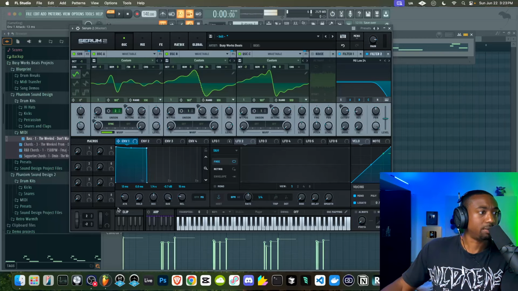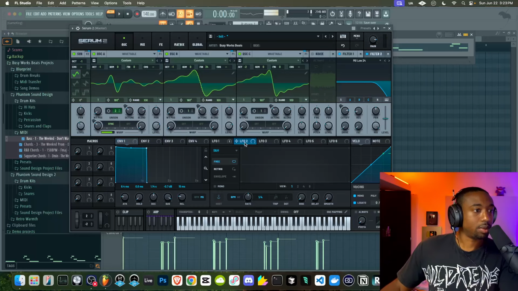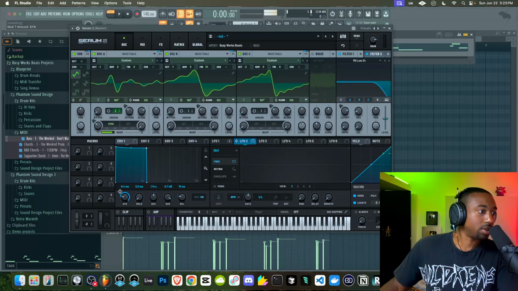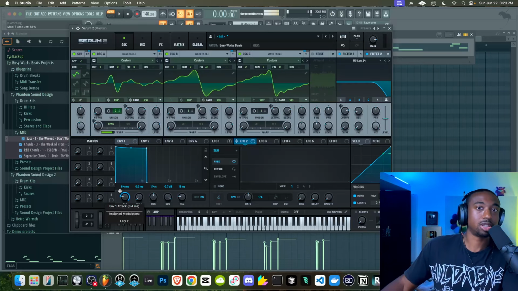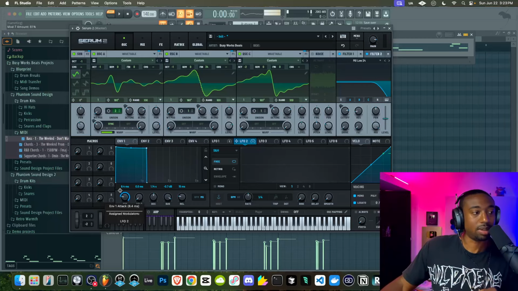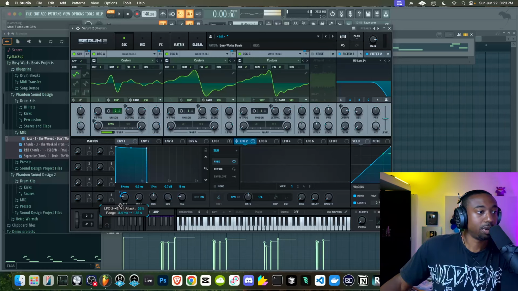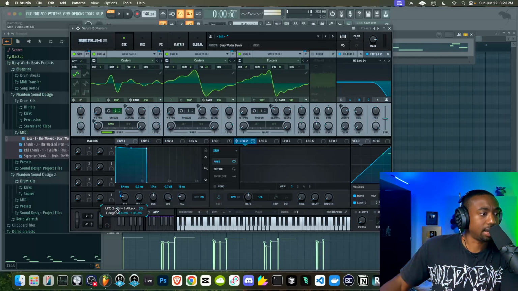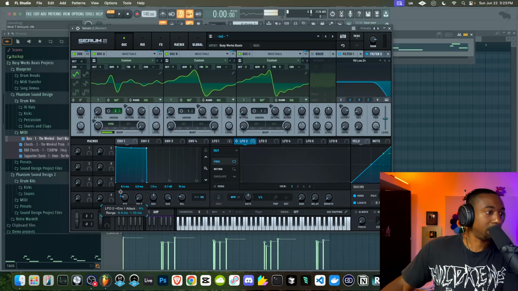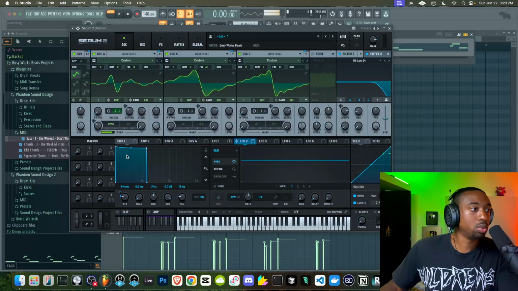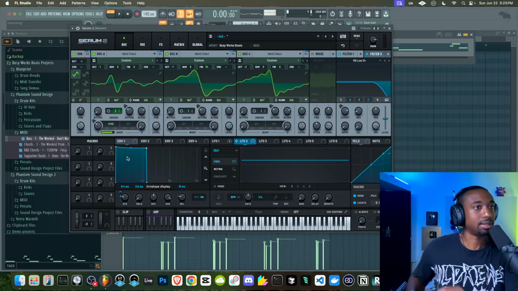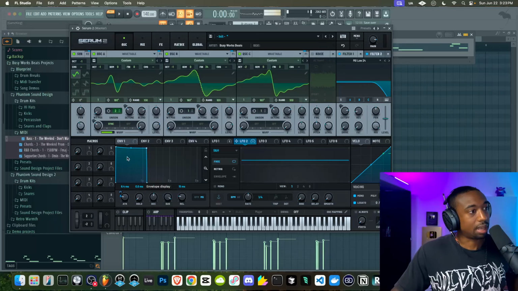Usually I start at like 5 milliseconds, but let's go to 10 milliseconds in this case. We're going to grab LFO2, drag it over top the attack curvature. So what this is going to do is create basically a pseudo random value per the attack per voice. So every time I hit a key, it will have a different attack time. So let's pull this range so that it's not super wide. Let's pull it into where it's like 8 milliseconds up to about 10. I would say maybe even 20 something. We don't want it to get too aggressive on the attack because then it will sound like a different type of sound, like a pad sound.